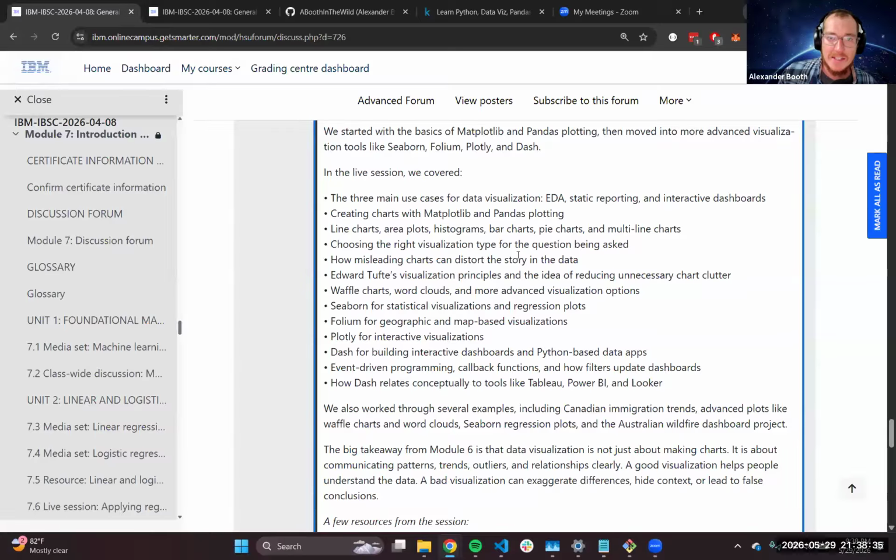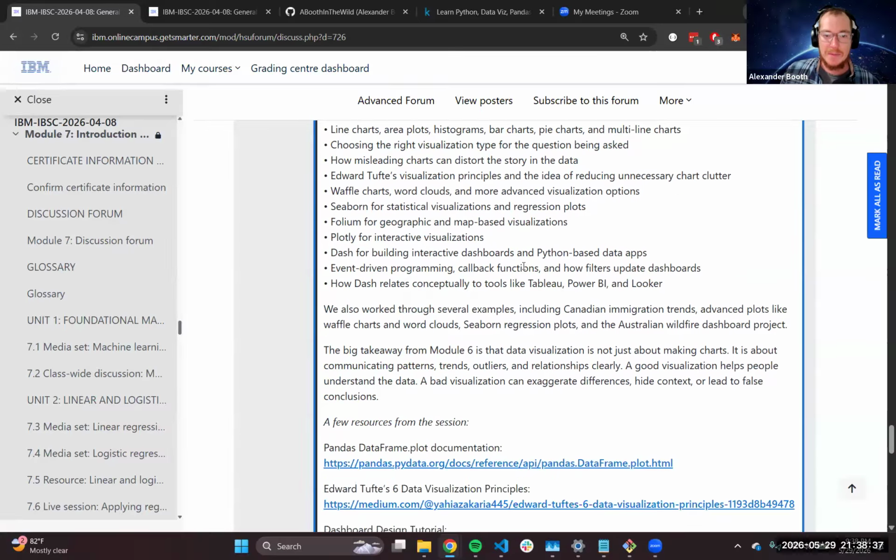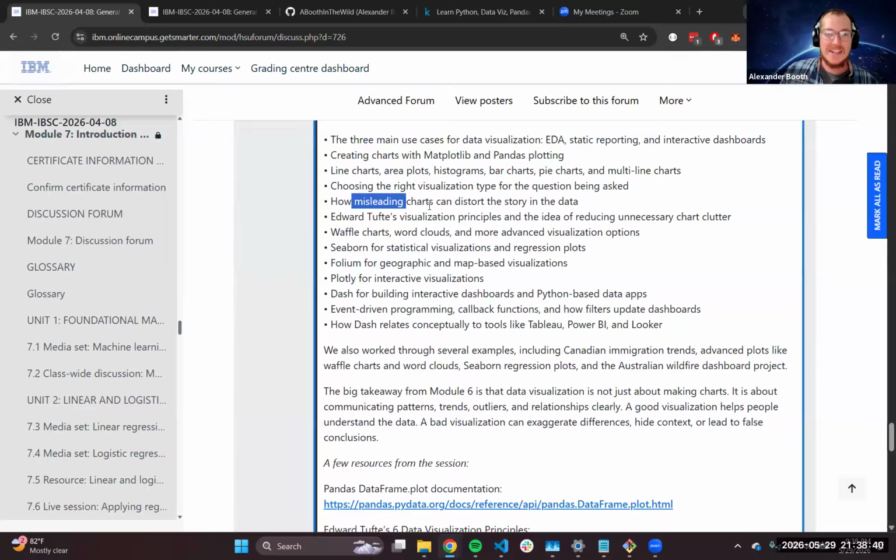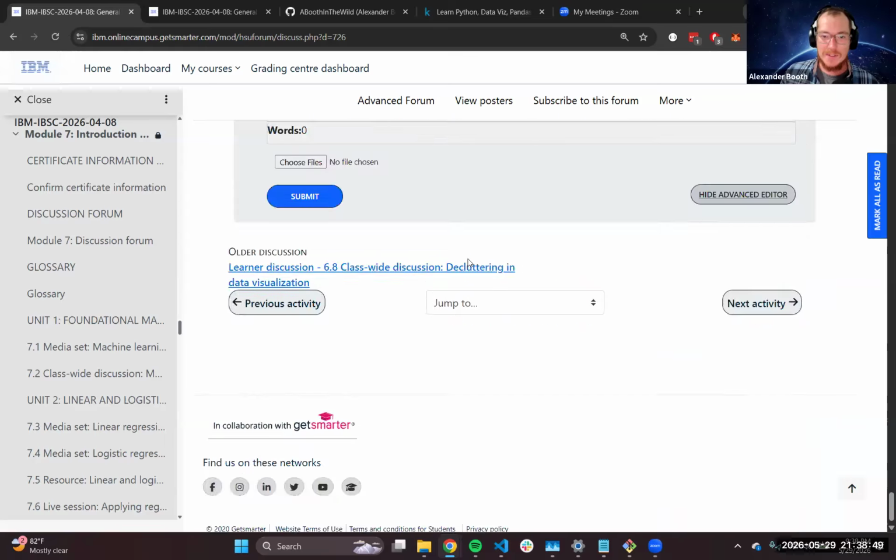Then we talked about best practices for data visualization. Some of my favorites are the misleading charts and how misleading charts can distort stories. So this is either lying with your visuals, which I got some good examples on